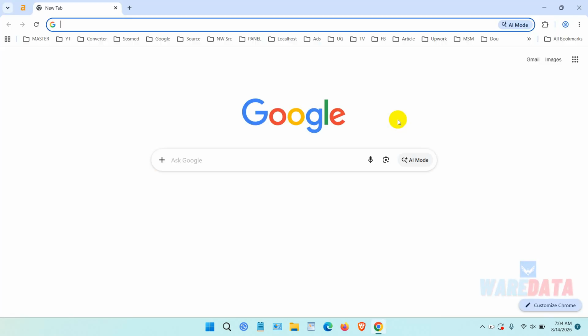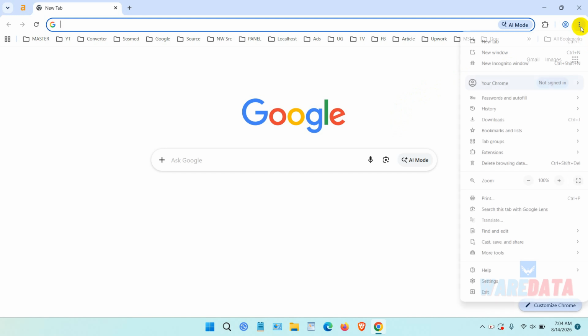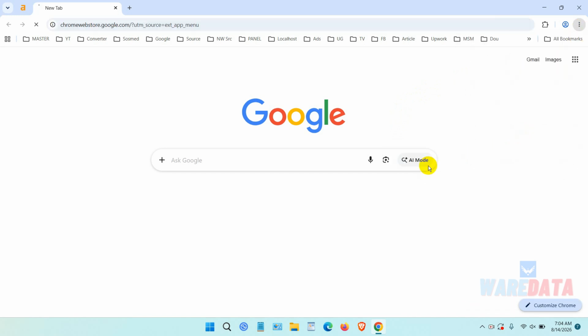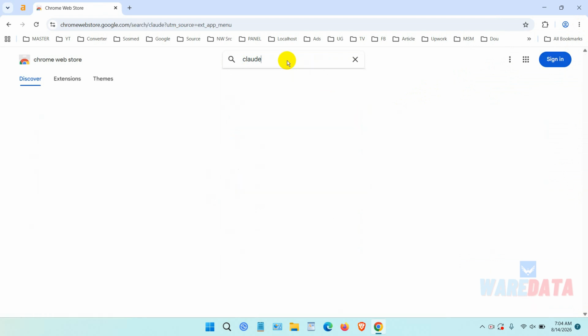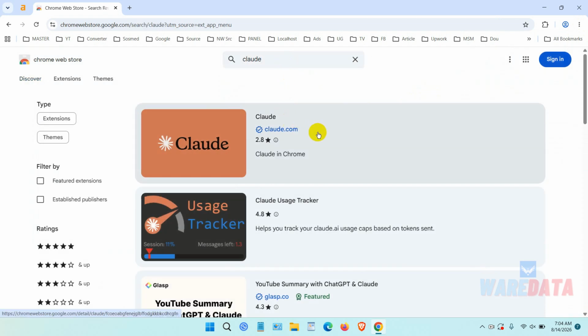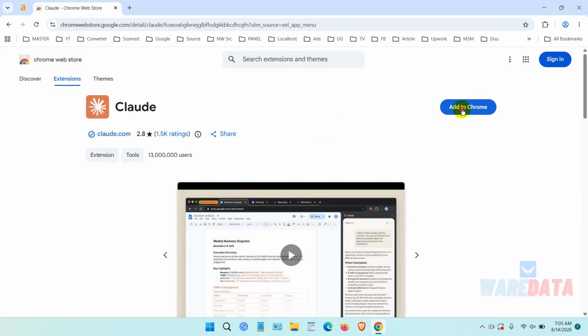How to do that? First, in here, you can click this three dot icon, go to Extensions, and choose Visit Chrome Web Store. And in here, you need to type Claude and you can install the Claude extension here. Okay,